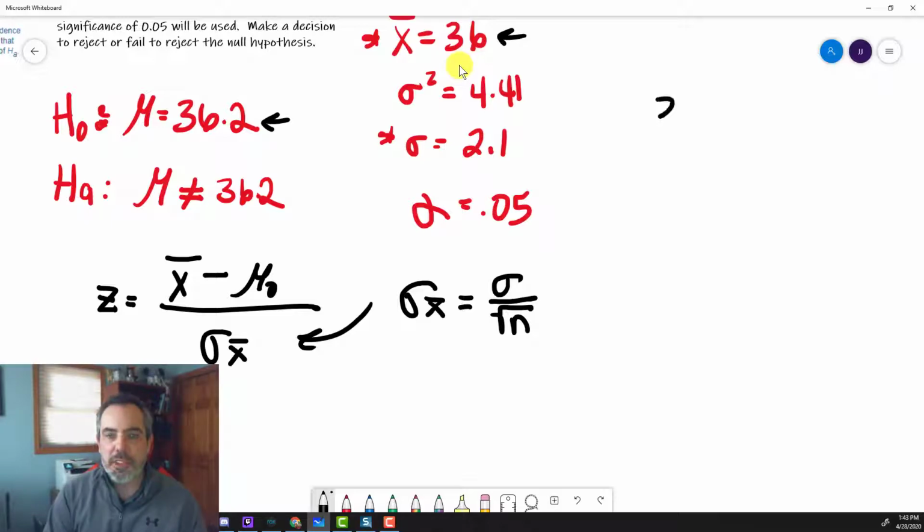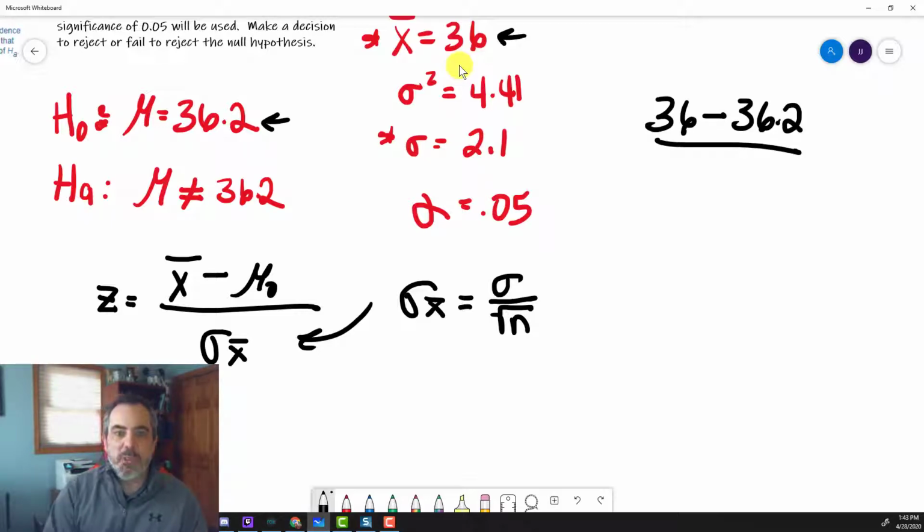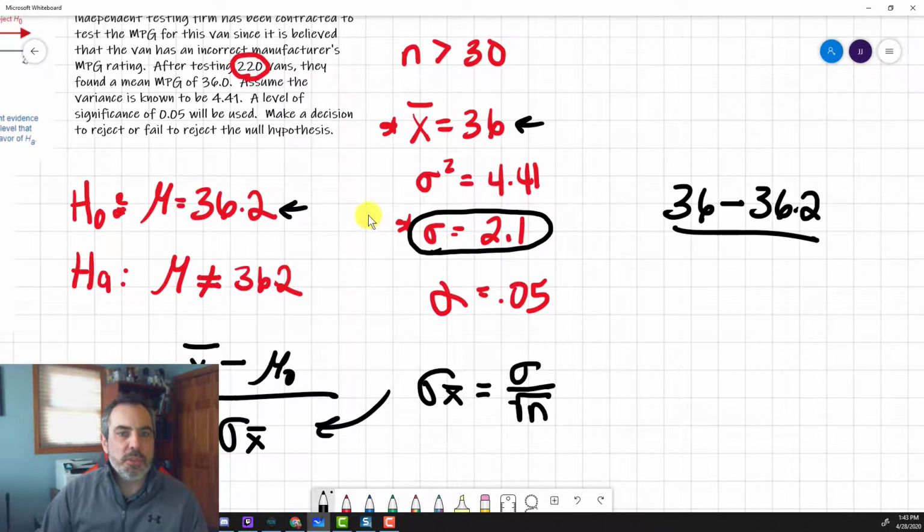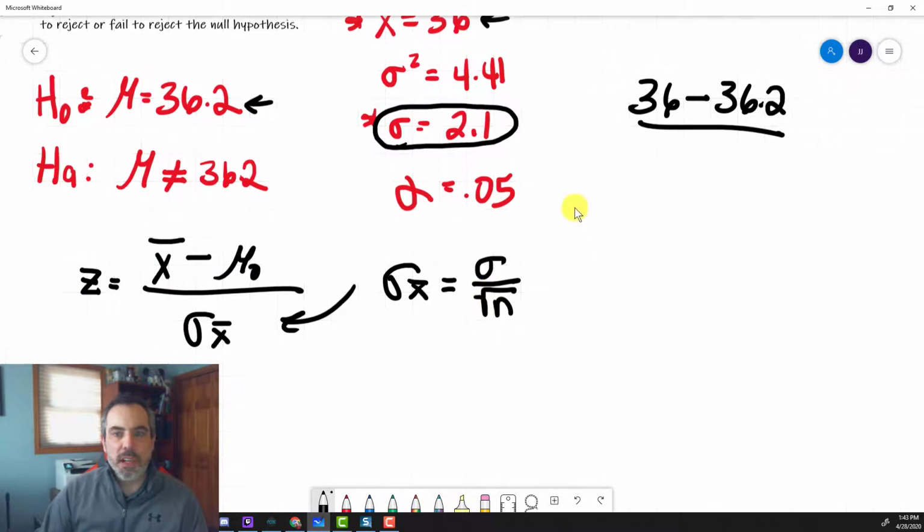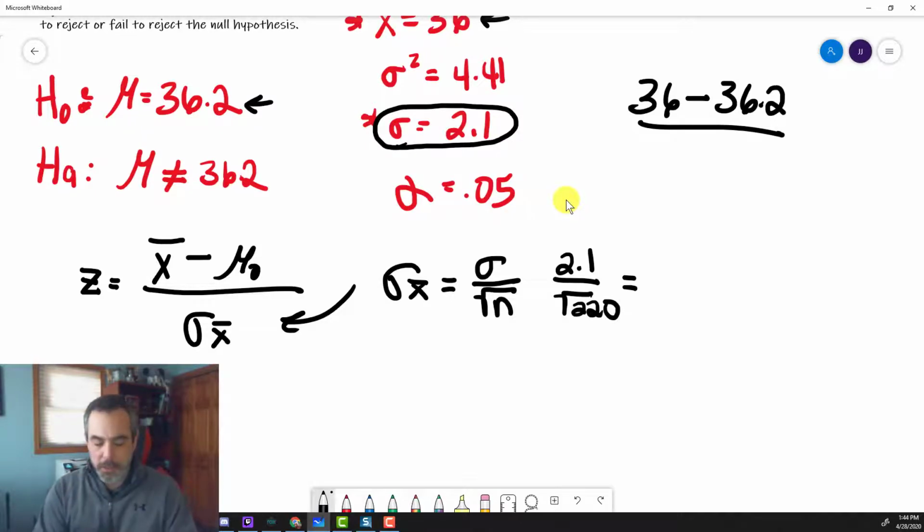So I've got 36 minus 36.2 divided by, and I'm going to do this separately. I have to take that standard deviation and divide it by the square root of how many people were in here. That one was 220. So I'm going to say 2.1 divided by the square root of 220. And that equals